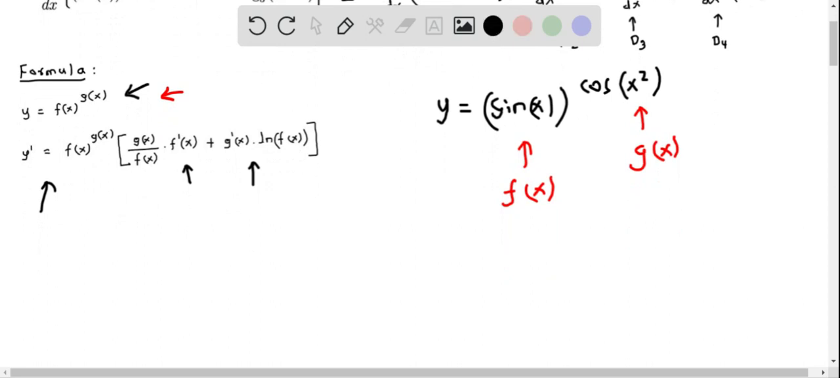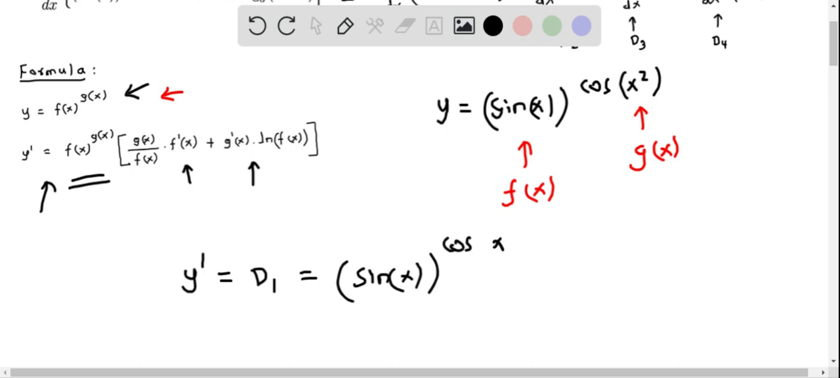I'm going to use this formula, that is y prime. In fact, our y prime is equivalent to d1 because we are finding the derivative of the first expression. So I'm going to replace into this formula f of x raised to the power of g of x. As I consider f of x equal to sin x and g of x equal to cos x squared, I put this as sin x raised to the power of cos of x squared, multiplied with the square bracket g of x over f of x. Our g of x is cos of x squared, so I write cos of x squared over f of x, which is sin x,